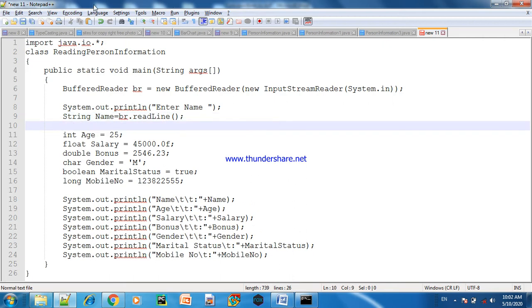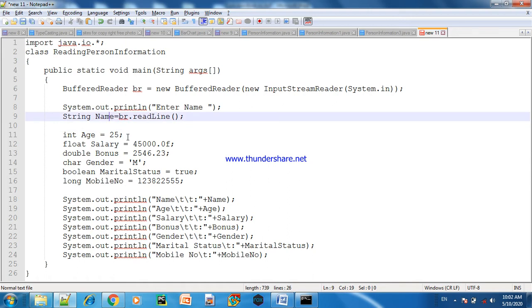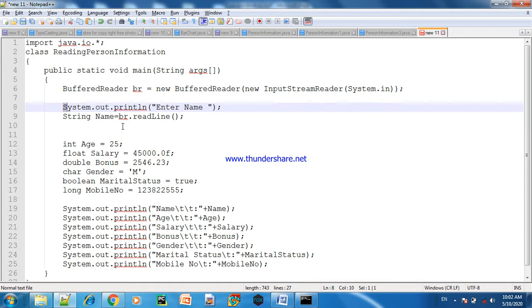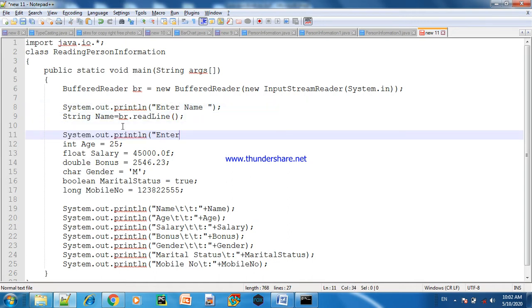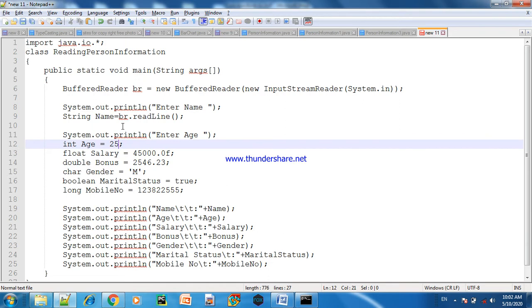It will read a string, the name of the person. Now enter the second message. We will copy this and paste. Enter age. For this we will write like this, Integer.parseInt(br.readLine()).